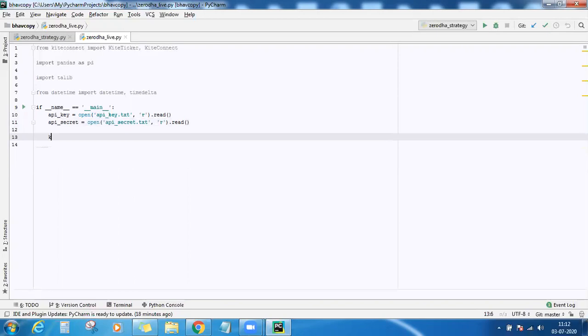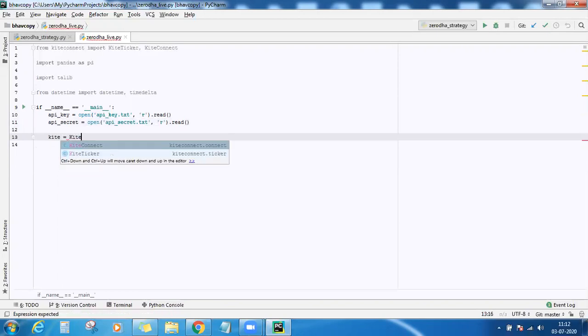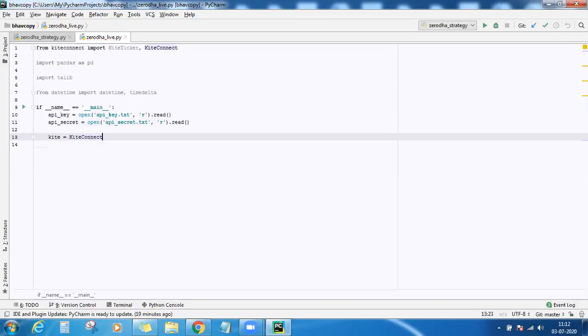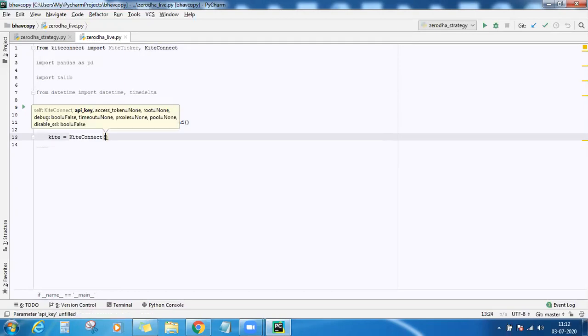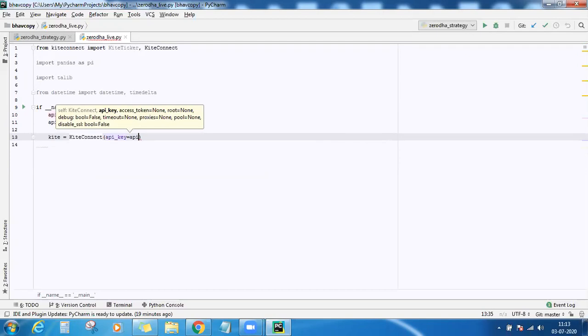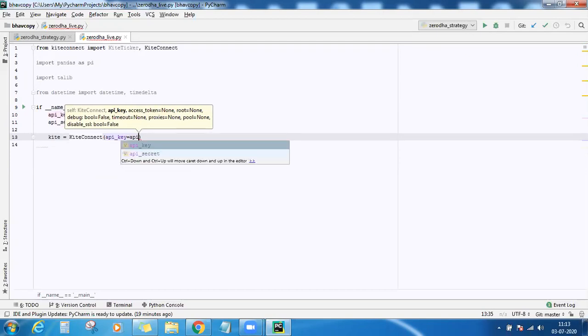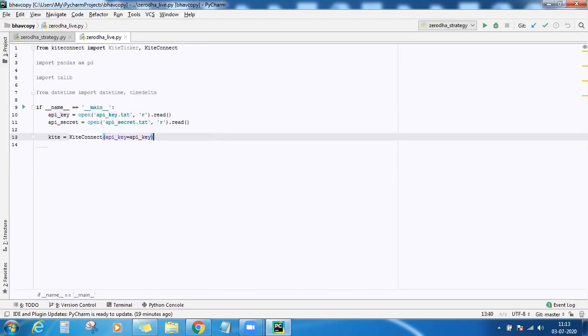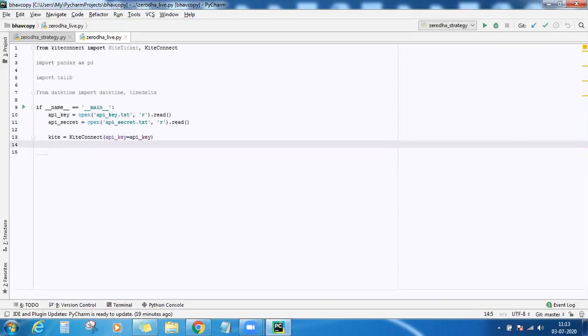Now get a kite connect object. To get this kite connect object, you have to supply your API key, and it accepts keyword arguments. So you have to give it in the same manner.